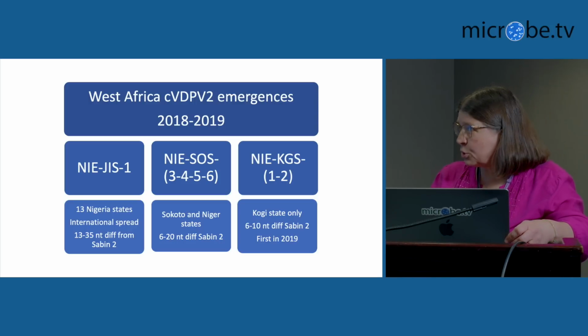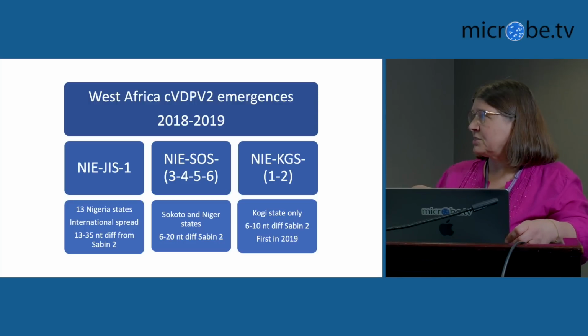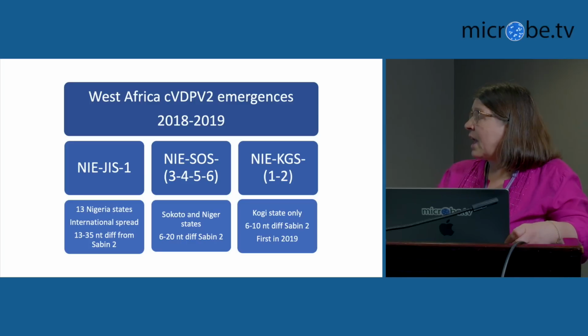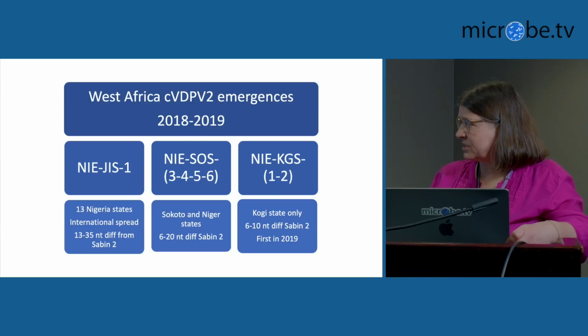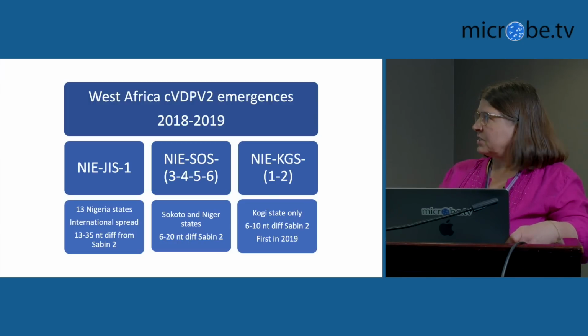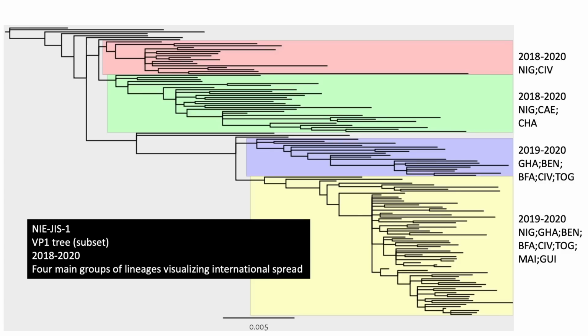There were a number of emergences around the same time in Sokoto, so they were numbered 3 through 6 and had 6 to 20 nucleotide differences. And then Kogi State also had one with relatively low, 6 to 10 nucleotide differences, first detected in 2019. So this particular emergence that spread broadly, JIS1 from Jigawa, this tree shows 2018 to 2020